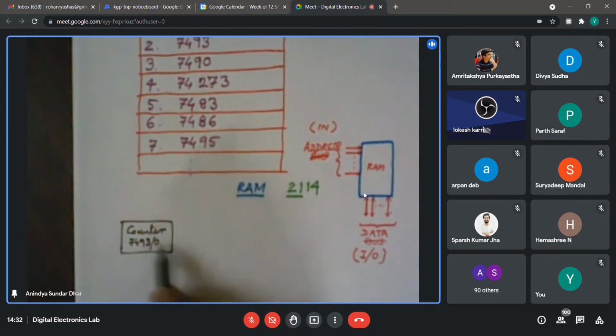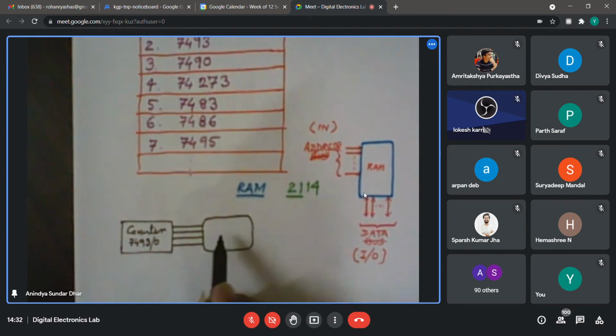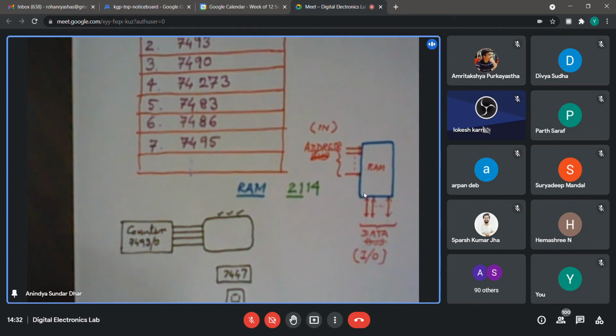So anyone would do. So what you did with this counter, that is having 4 output lines. You have designed some combinatorial logic for that, isn't it? You have designed a combinatorial logic pertaining to your roll number, and then you must have fed it to a 7447 connected to a 7-segment display. So is that your structure?